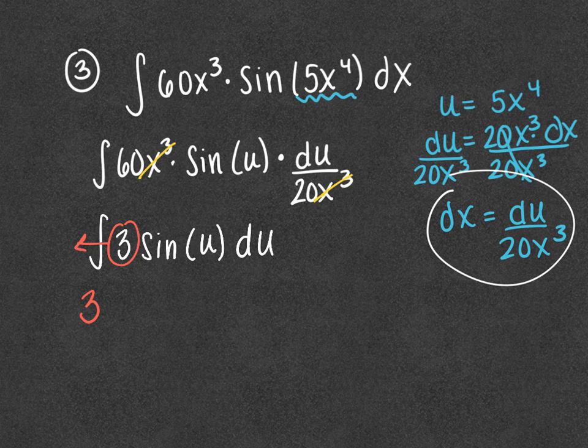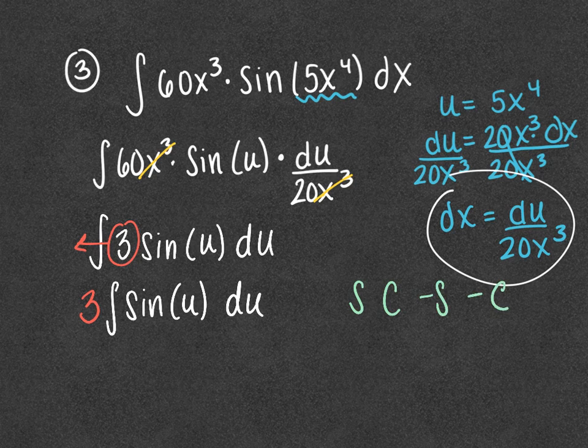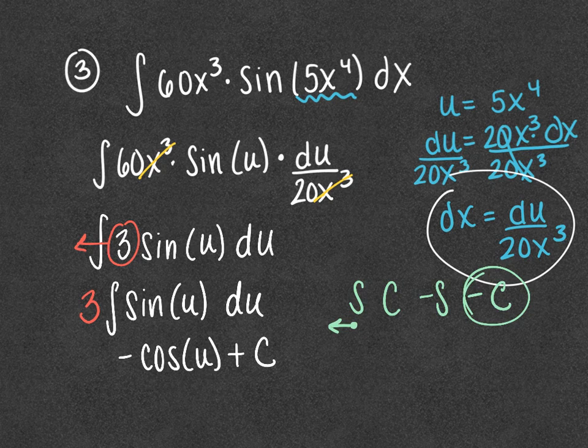So 3 times the integral of sine of u du. Now this brings me back to our sine, cos, negative cos. And I want to take the integral of sine, which is here, and I have to go left. But going left just brings me back around to negative cos. So our integration is negative cos of u plus c, not forgetting that 3 in front that I have